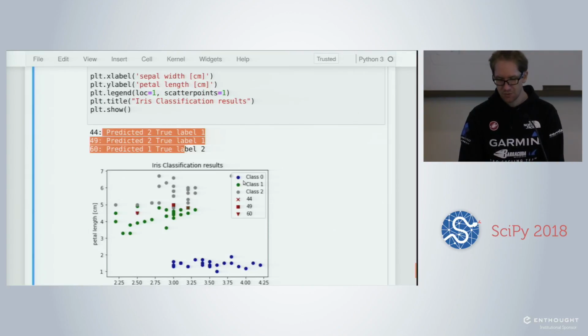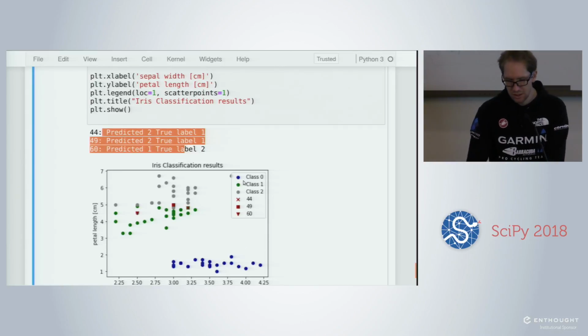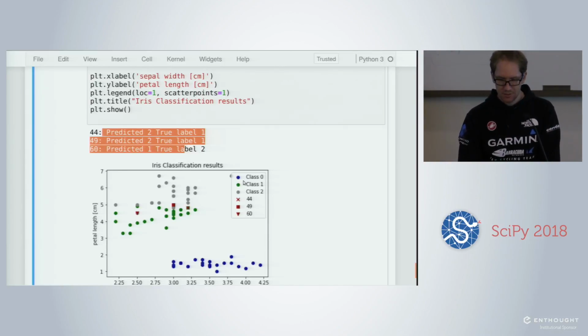If we check just the last one, which is the only one that we swapped from 1 to 2, it's at position 25 or 45, and this is the sample which is here. We predicted class 1, but class 1 should be this class. So we predicted orange, and it was actually a green. And those ones were predicted green, and they were class orange.